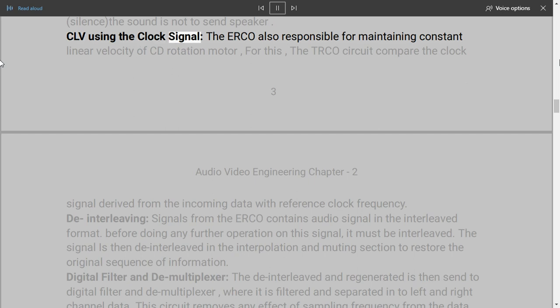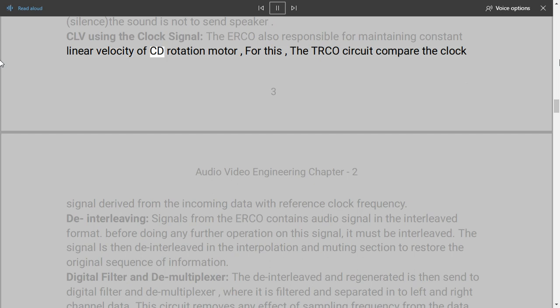The ERCO is also responsible for maintaining constant linear velocity of the CD rotation motor. For this, the TRCO circuit compares the clock